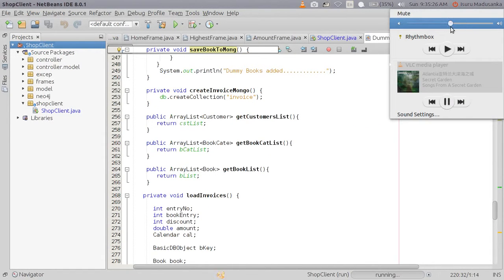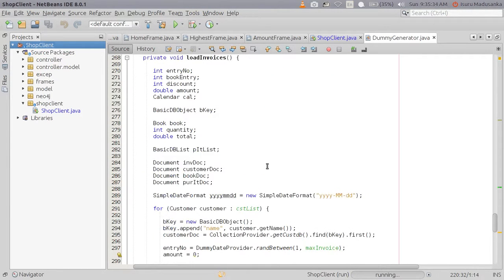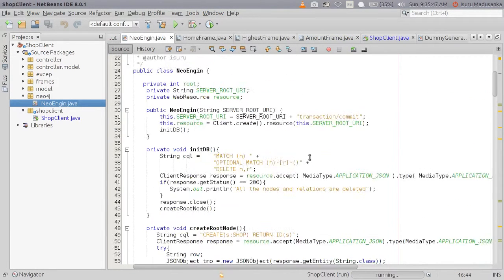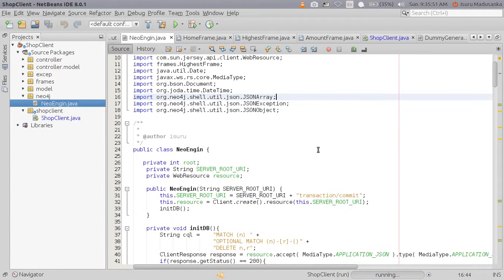It will also create the dummy invoices along with the book items, and it will also create a new graph database. Here are all the functions related to the graph database, and I have to mention that